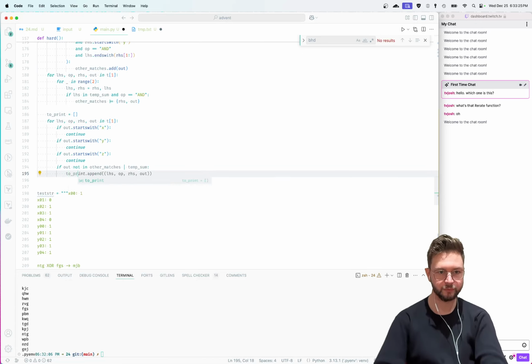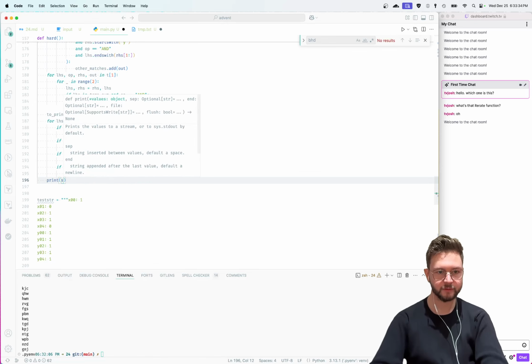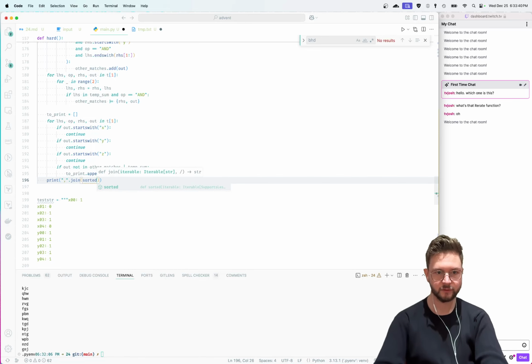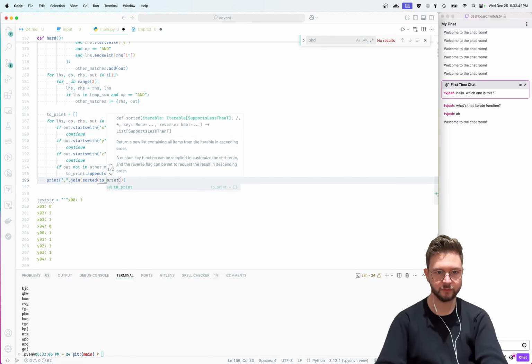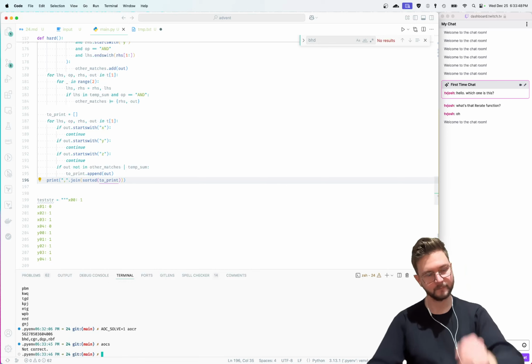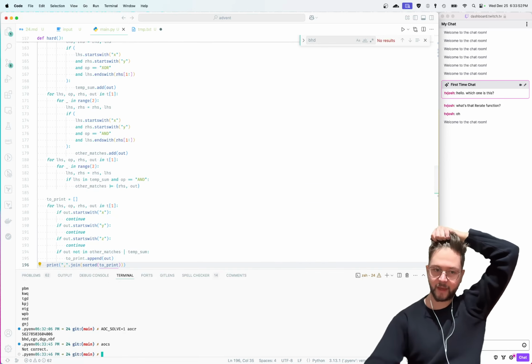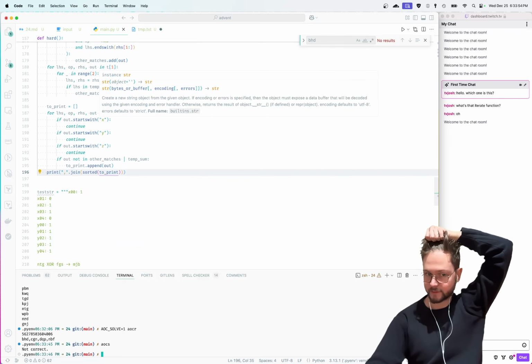To print and out, and then print comma dot join sorted to print. Don't think it's right. Had a feeling. But I think that all of the inputs